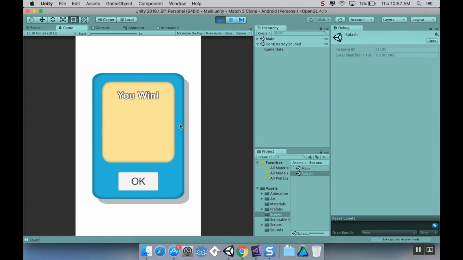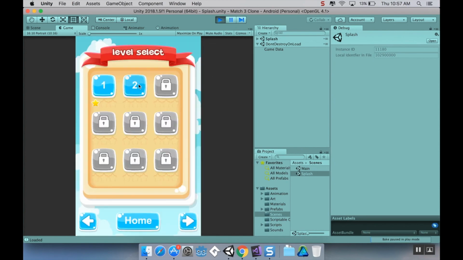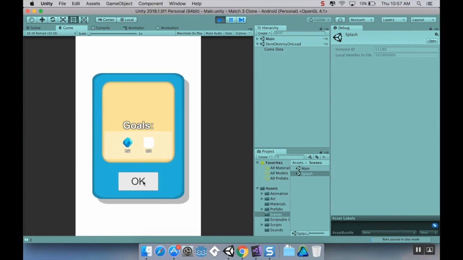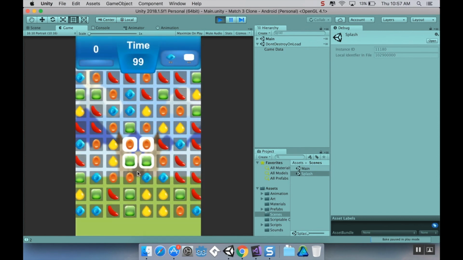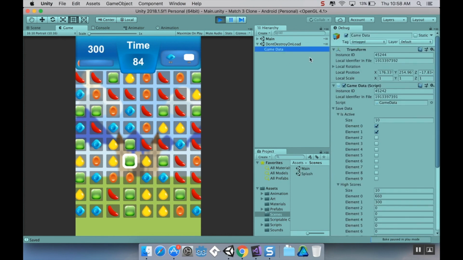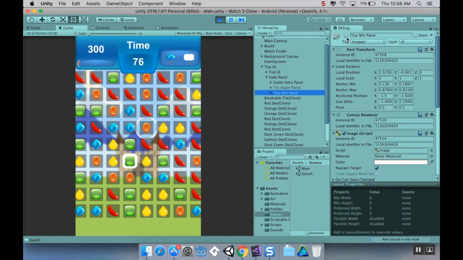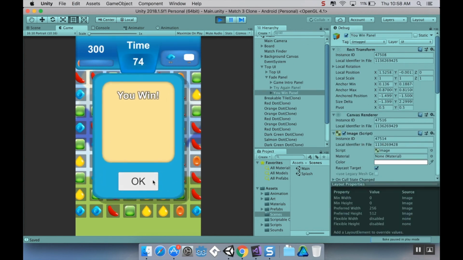All right, cool. So now when I click OK on the UWin, level 2 is now open. Notice that I have 0 as my high score. Let's go in. I need 2 blue candies, and then I need to get, oh geez, I said 5 of those and I only put 4 in the level. So this is unwinnable. But I'm just going to trigger a UWin anyway. So I'll do that by going into my top UI, my fade panel, my UWin panel, and just make that active. So when I click on OK,